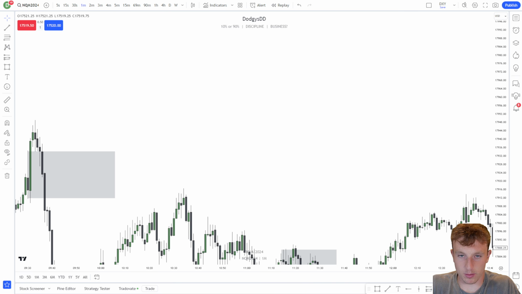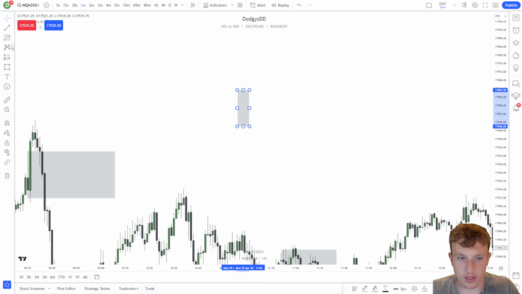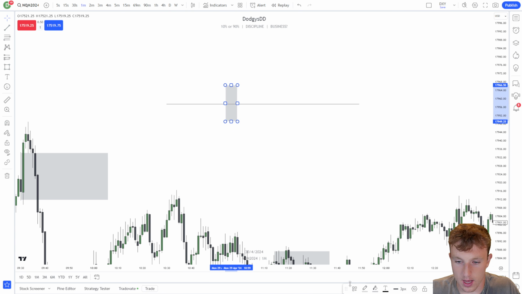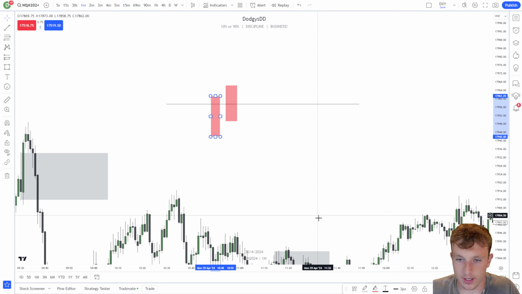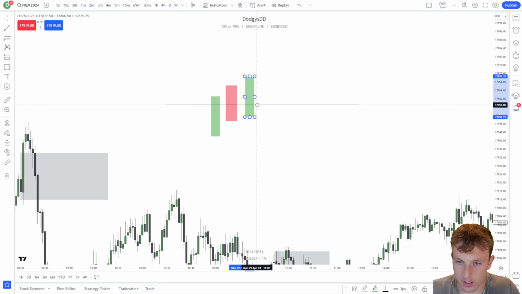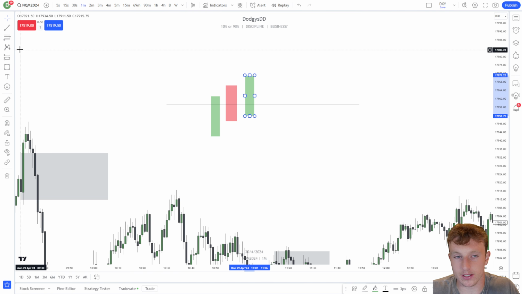All right, what is a breaker block? So, as we know, an order block is typically something you want to see sweep liquidity. Might be a red candle, and a bullish order block would be something like this. So maybe we get a green candle right here. We've swept some sort of low, and then we get another green candle, again validating this to become the order